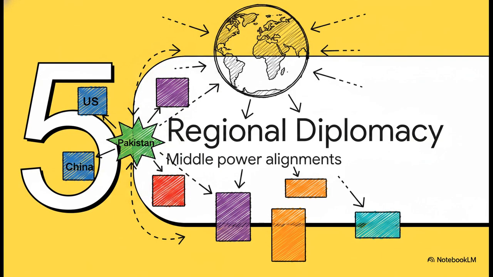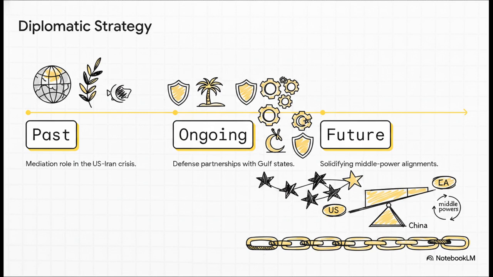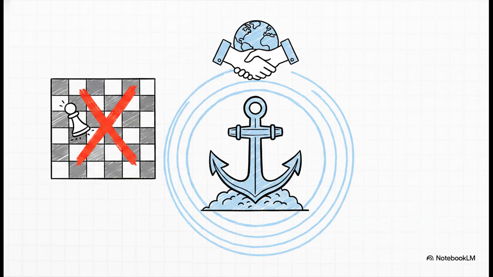Let's move to Section 5, Regional Diplomacy and Middle Powers, how to create diplomatic space in a really polarized world. So, how does Islamabad relieve the immense pressure of superpower competition? They pivot regionally. We see Pakistan actively expanding defense and economic partnerships with key middle powers, places like Saudi Arabia, Turkey, Qatar, and Egypt. After playing a really vital mediation role in past U.S.-Iran crises, their ongoing and future strategy relies heavily on solidifying these middle power alignments. It essentially ensures Pakistan isn't totally dependent on just Washington or Beijing. By jumping into Gulf security and mediating complex regional fault lines, Pakistan anchors the whole region and deters geopolitical adventurism.